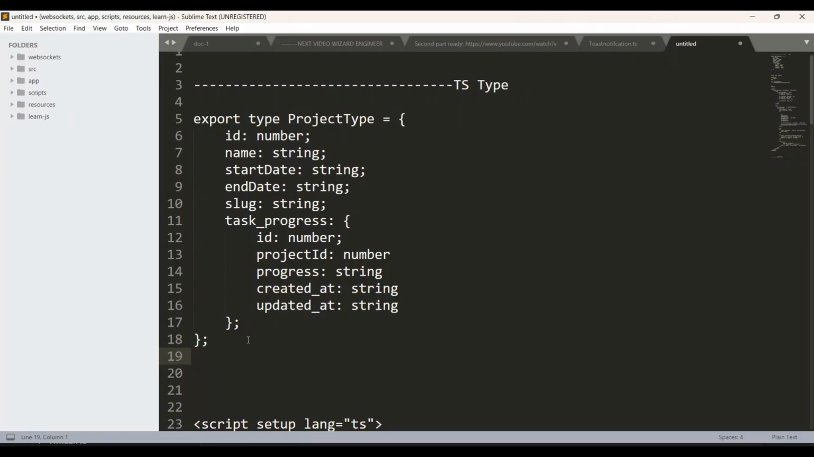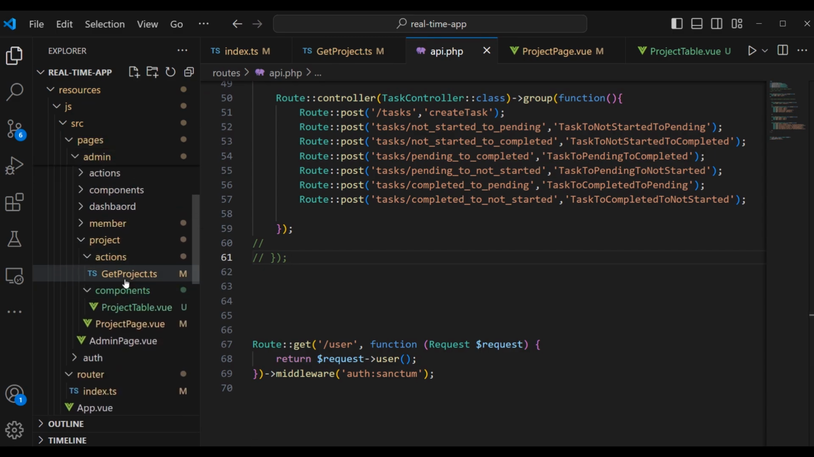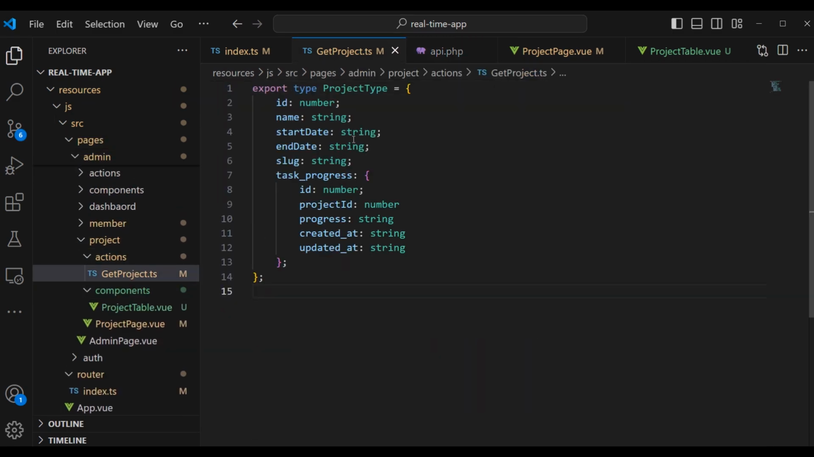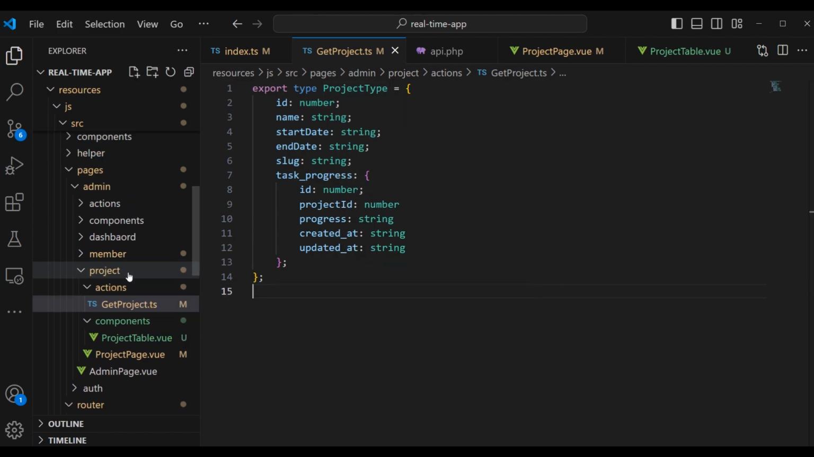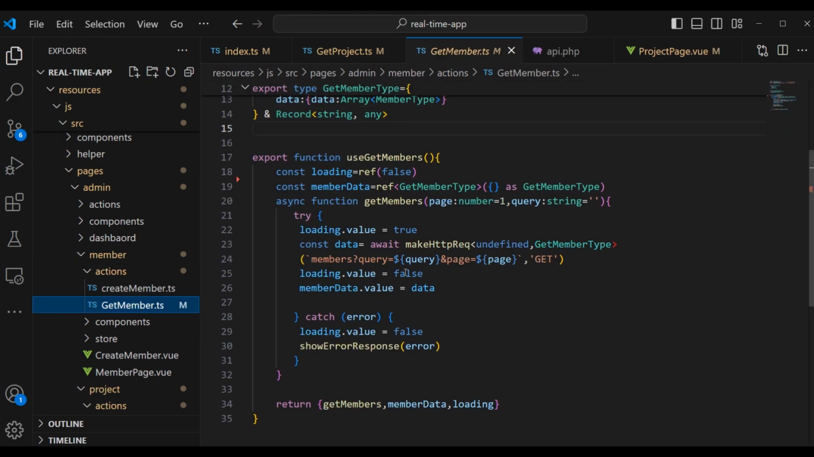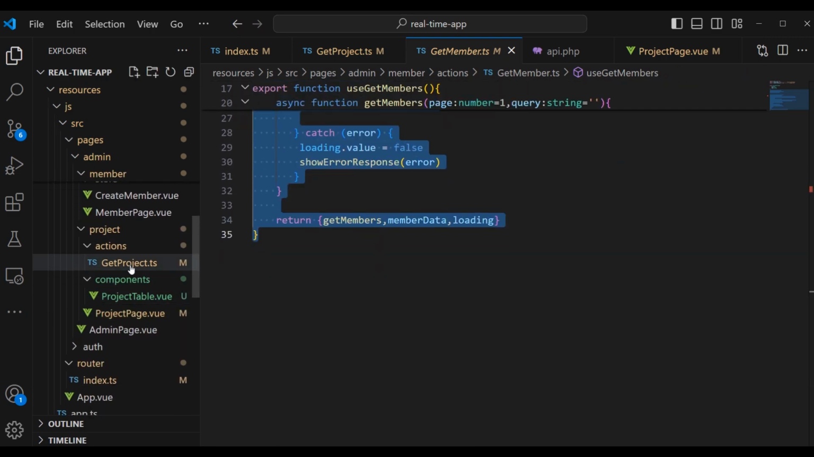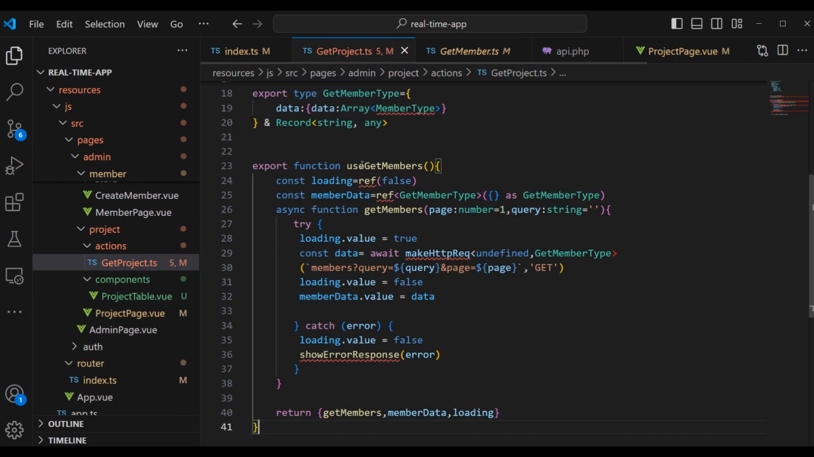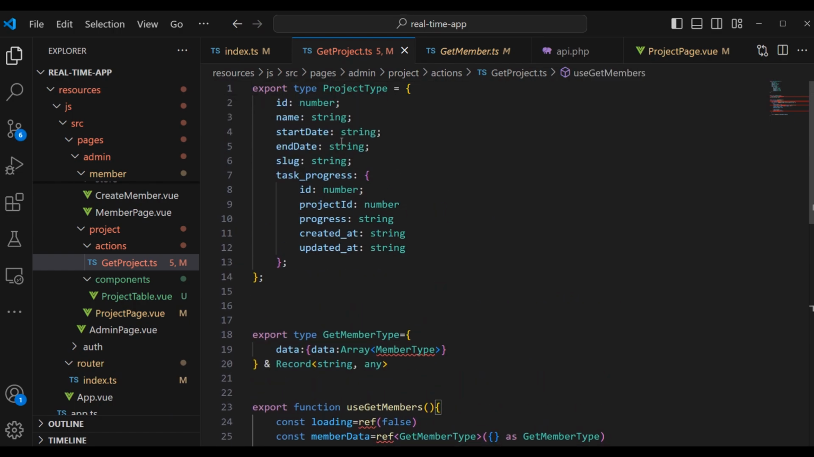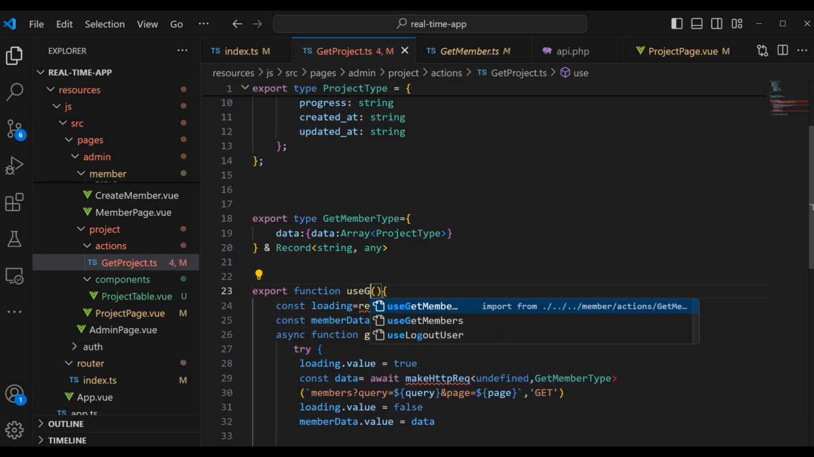First of all, we need to copy this type. For that, we need to get into the get project.ts, and this is the type of this endpoint right here, project type. And we're going to get into the member folder, and within the member folder we're going to copy the content within the get member.ts. We're going to copy that, and paste it in the get project.ts right here. And first of all, I need to change some things right here. We're going to pass here project type, and we're going to change the name of the composable to use get project